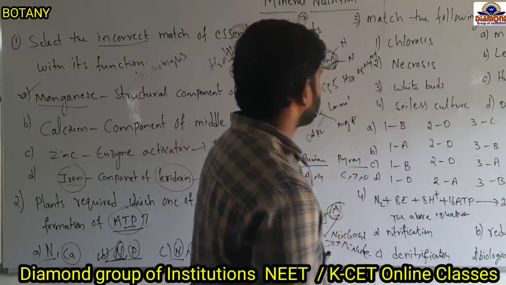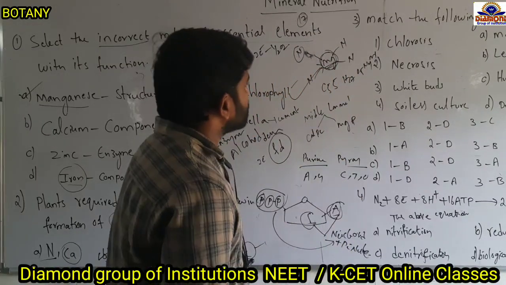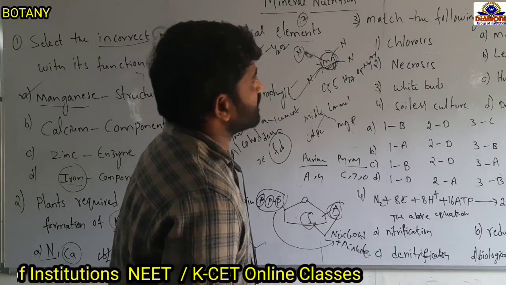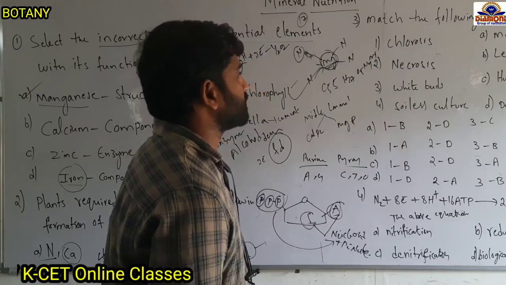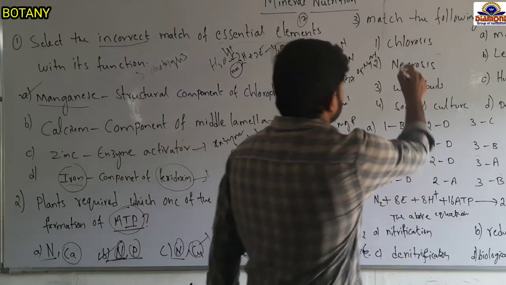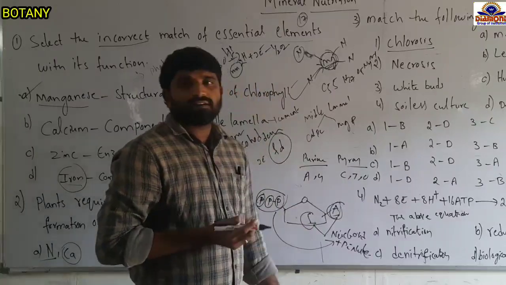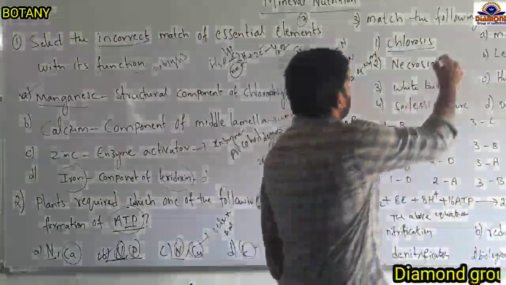They gave chlorosis, necrosis, white birds, and soilless culture. Option A: maize, leaves, hydroponics, and death of cells or tissues. So you know that chlorosis is a disease. The character of chlorosis is yellowing of leaves,